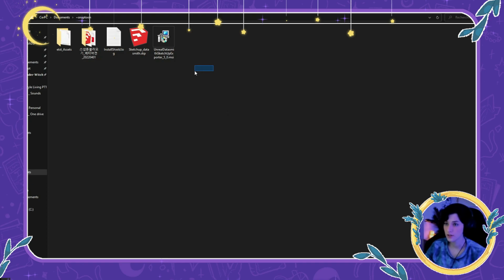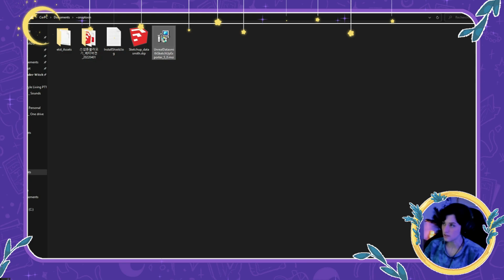Please know that you will need a SketchUp version like 2020 or 2021 at least, but not above. Like 2022 will not work, I'm sorry, I don't know why. I personally have a 2020 version. So you're going to install that and just launch it. I can't launch it because I already installed it on my computer, so it will not install.